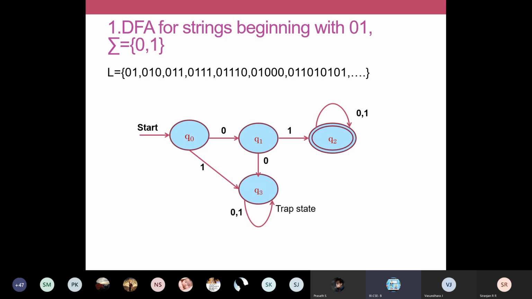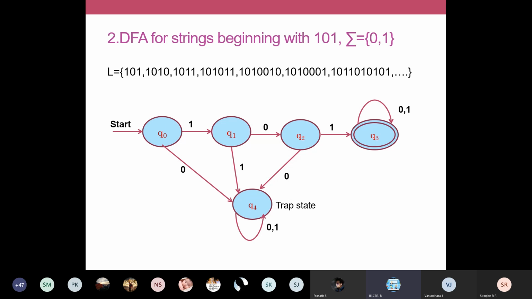So once we reach a trap state, we must not go anywhere else. Trap state is a non-accepting state. Whatever comes after this, after reading a 0, 0 or after reading a 1, you have to remain in your trap state. That's why for strings beginning with a sequence, we are going to use a trap state. There won't be any possibility to reach your accepting state from your trap state. It is trapped. So this is the logic we saw in beginning with. I'm just refreshing for those who forgot things, so you can recollect.